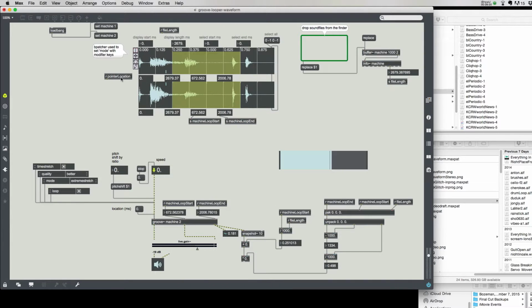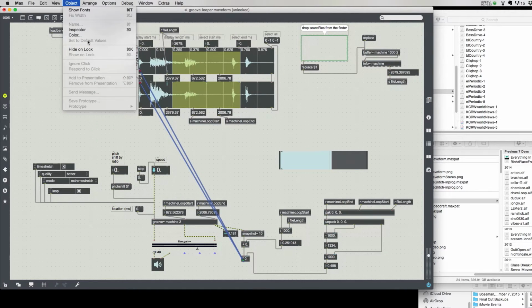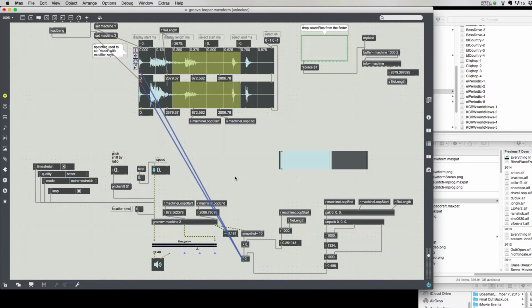And instead of doing a send and receive, I'm going to do patch cords up to these 2. So I should be able to go here and I'm making sure it tells me over here that that's the slider. And I'm going to this bottom one, and that's showing me it's up here, isn't it? Waveform. That's the slider. And then I can option drag to select them both and hide them on lock. And lock the patch. And now if I play,